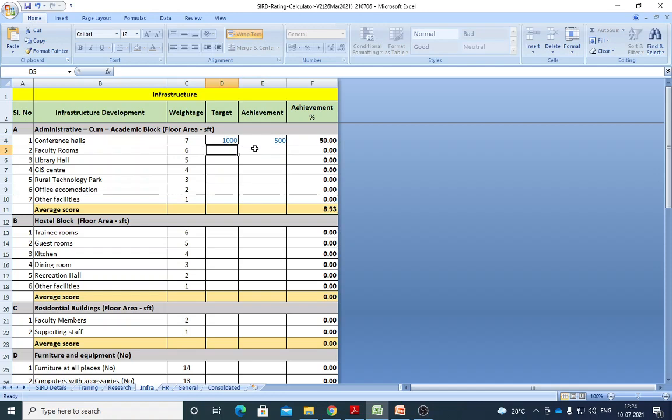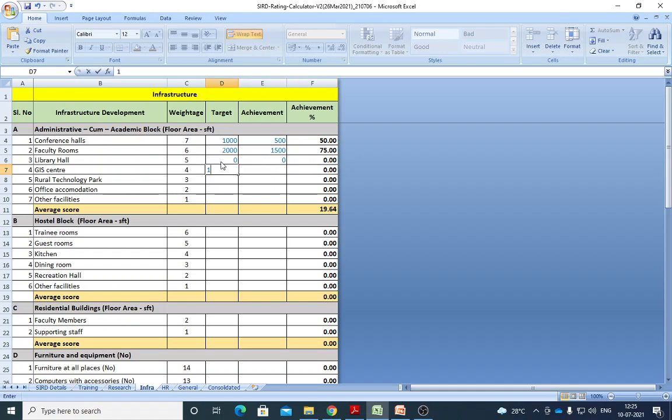Likewise, for faculty rooms, I got around 2,000 square feet sanctioned. I was able to complete 75%, maybe 1,500 square feet. Of 3 floors, I have completed 2 floors. So this is the sanction for that year. When you don't have a sanction, you put 0, whoever the funding came from, state or central, whatever it is, you mention this information. Library, I have not got sanctioned, so it is 0.